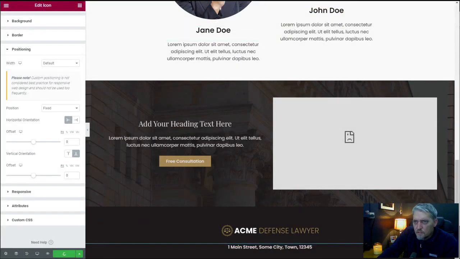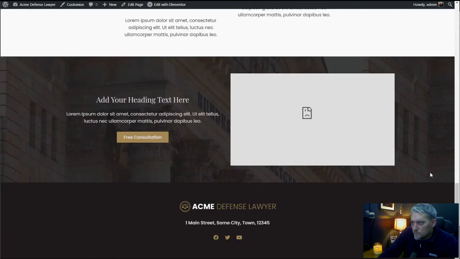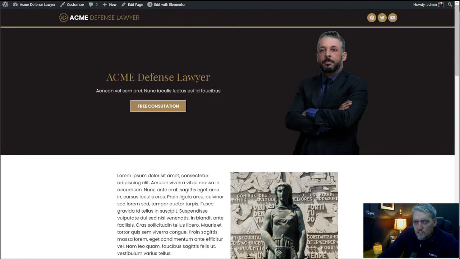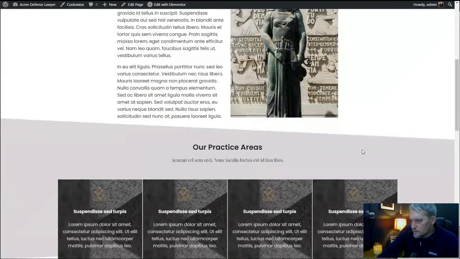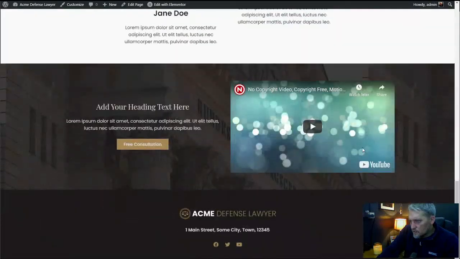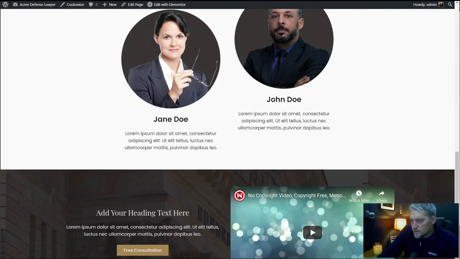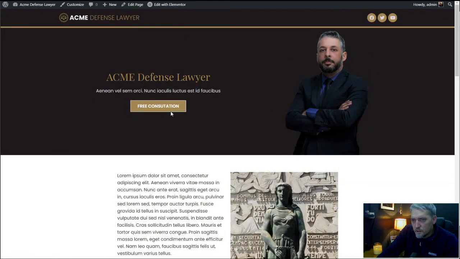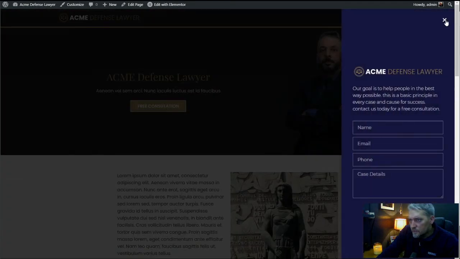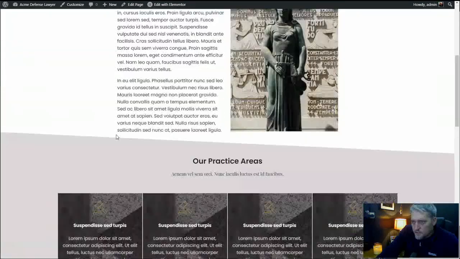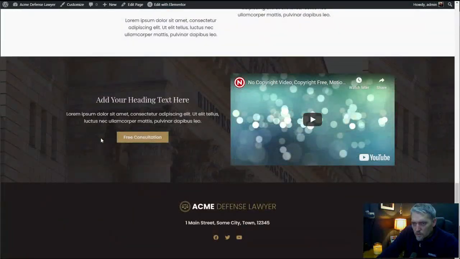Update that. Let's go back to the top of this. Refresh. And there is our little arrow, just sitting out there. We click on that, it brings us back to the top of the page. We click on this, it gives out our form. And that is one page